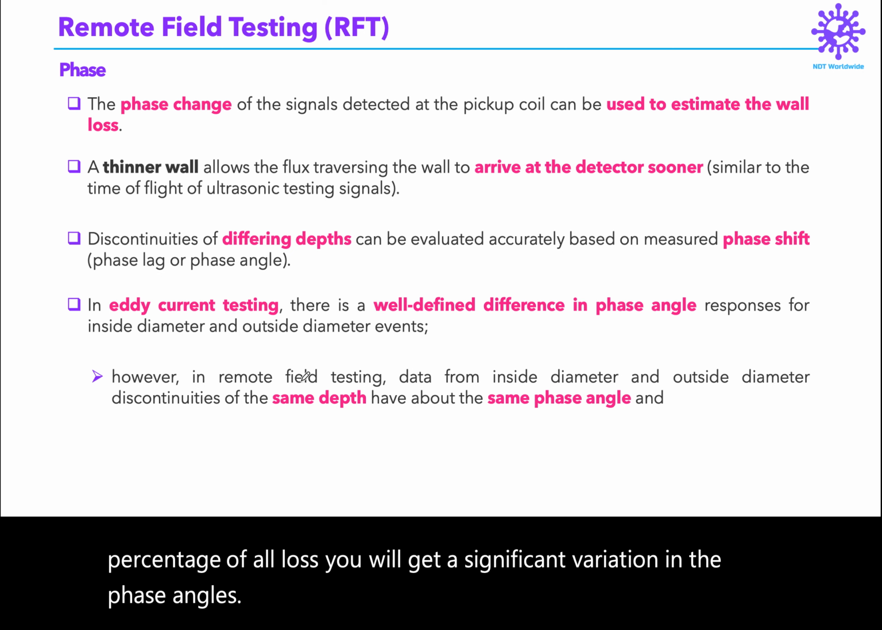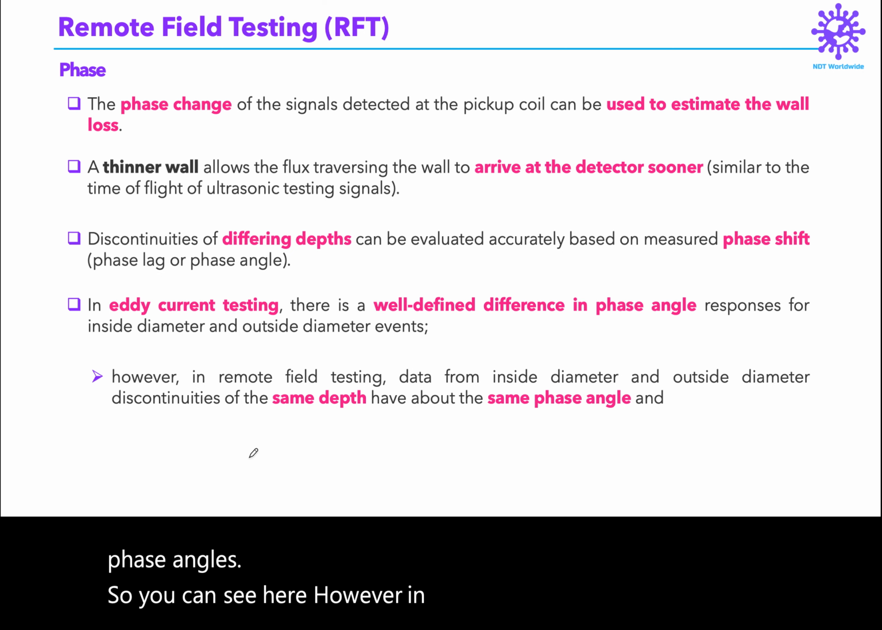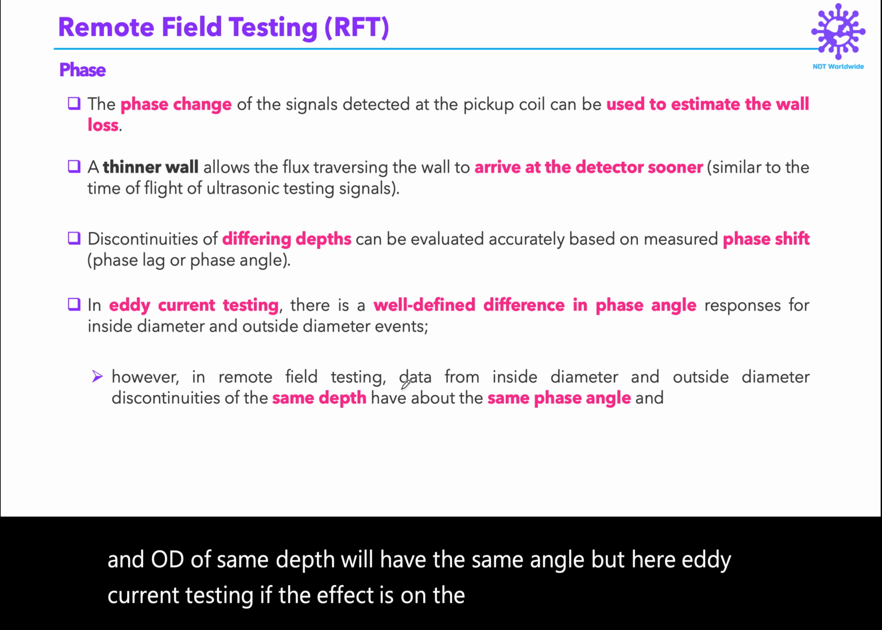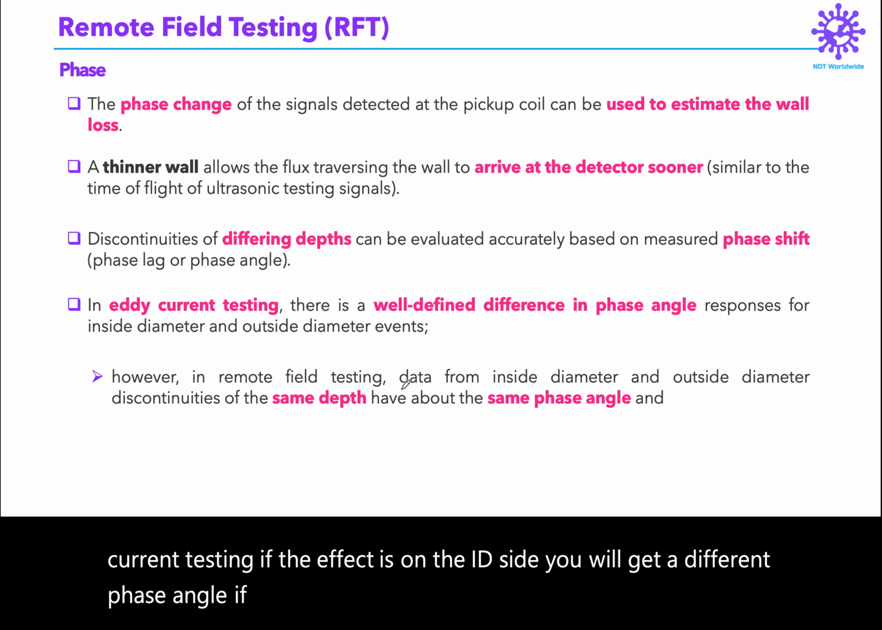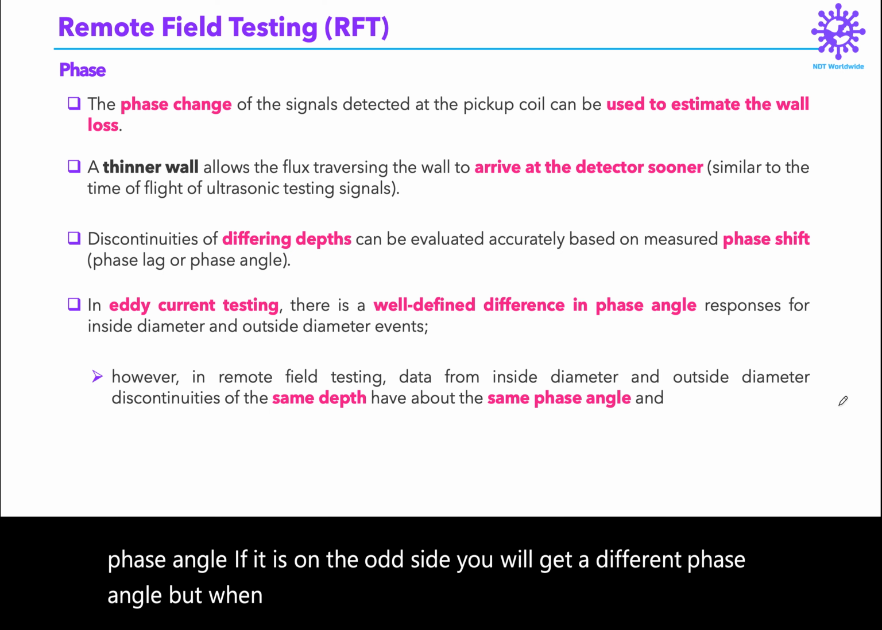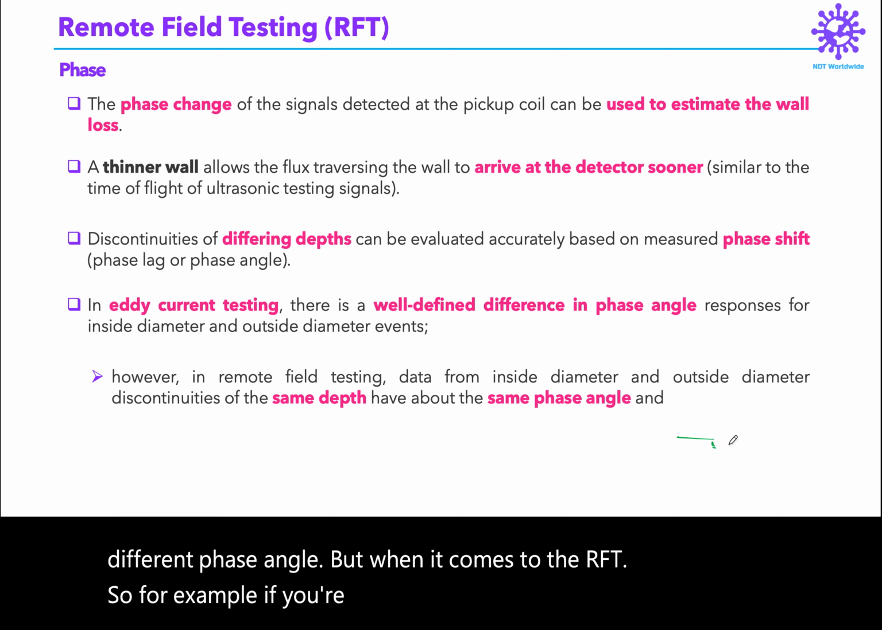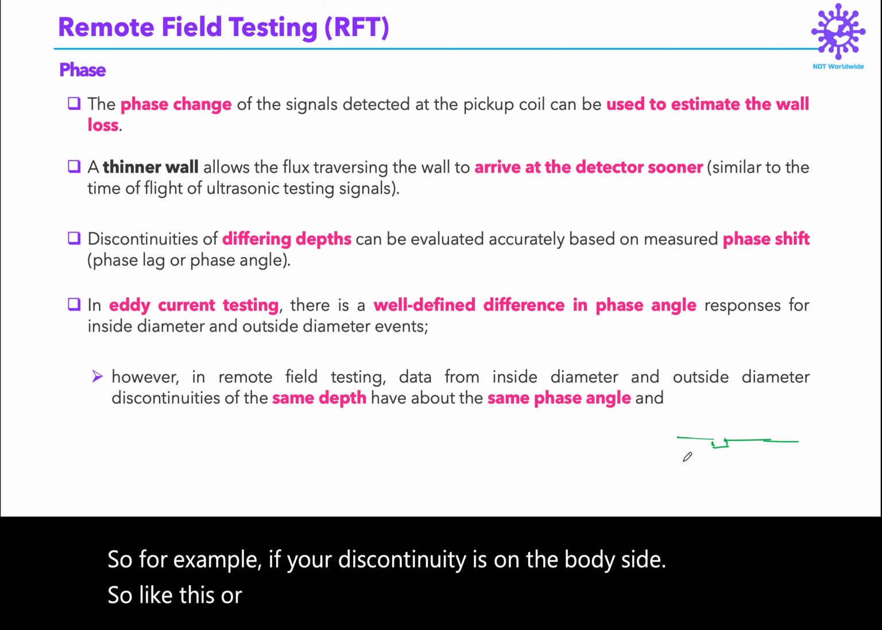So you can see here, however, in remote field testing, data from ID and OD of the same depth will have the same angle. But in eddy current testing, if the defect is on the ID side, you will get a different phase angle. If it is on the OD side, you will get a different phase angle. But when it comes to RFT, for example, if your discontinuity is on the OD side, like this, or if your discontinuity is on the ID side,